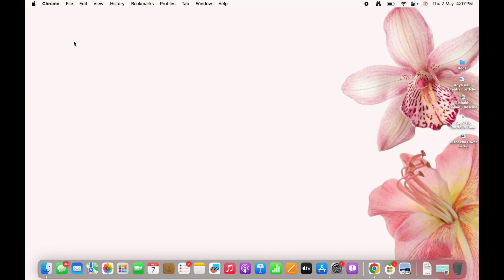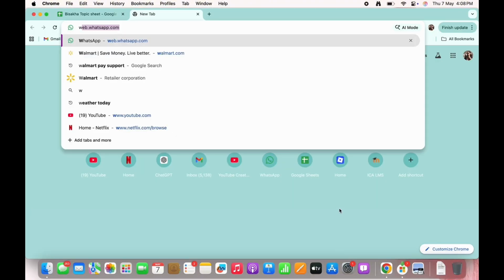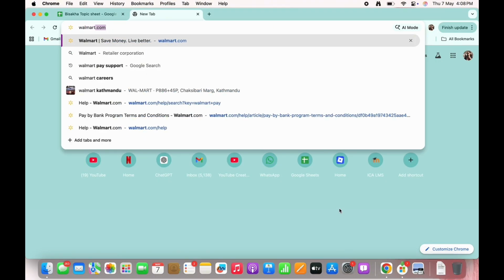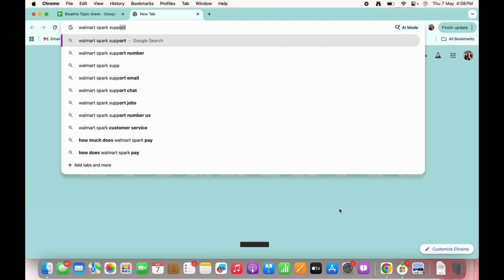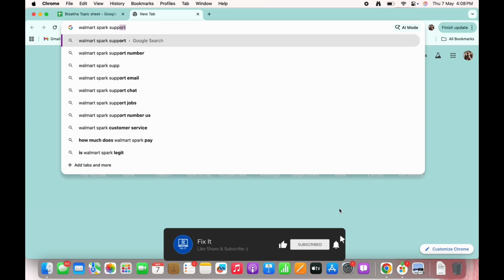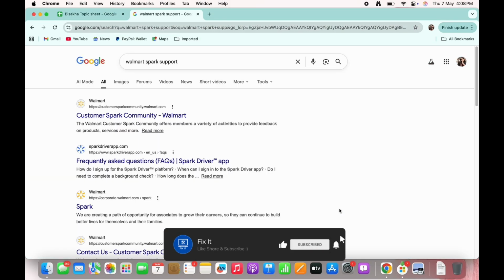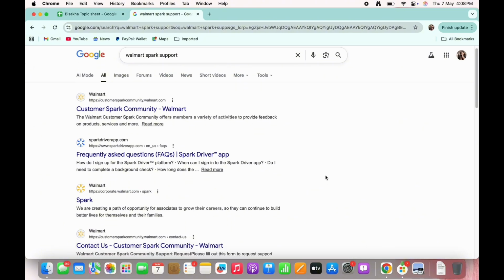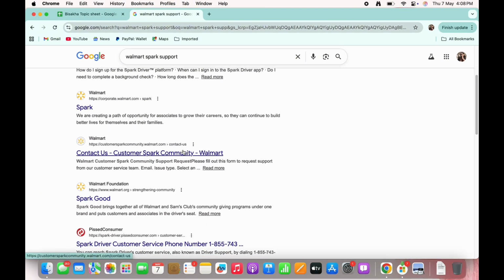Firstly, go ahead and open your preferred browser and in the search bar, search for Walmart Spark support. Now in the interface that you will be led to, you will see a bunch of options related to Walmart support. Simply scroll down and you will see the option for Contact Us Customer Spark Community by Walmart. So tap on the link you see there, that is